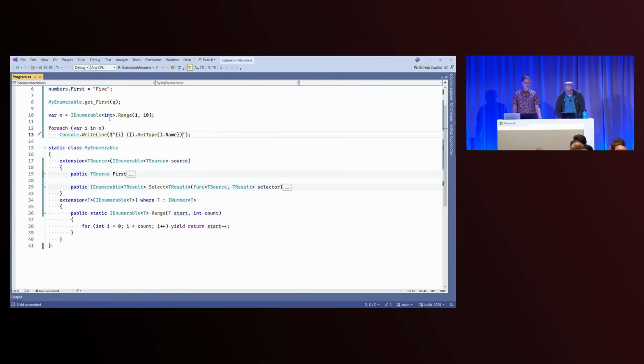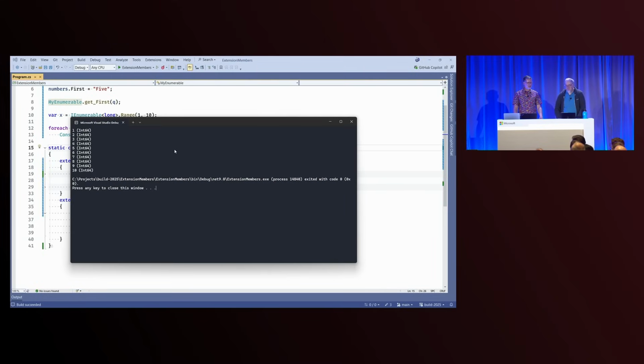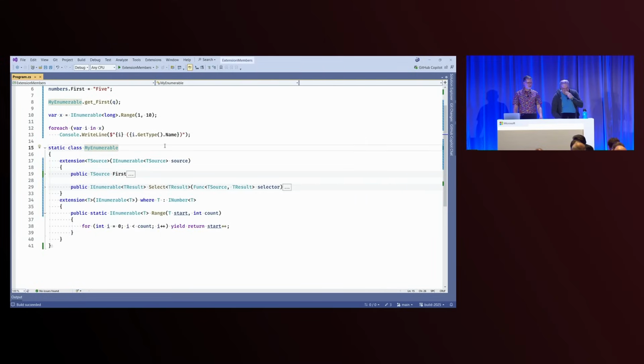But now I could change this to say long. That still works. This one is an int, an Int32, it's negative 2 billion to roughly positive 2 billion, and that's fully subsumed by long, which is 64 bits. It converts to long, so this should work. And if I run that now, sure enough, they're all longs. Well, that's cool. And what about ulong? Sure, ulong, but it doesn't have a negative range, so that doesn't work. But I could make this a uint, and it'll work just fine.